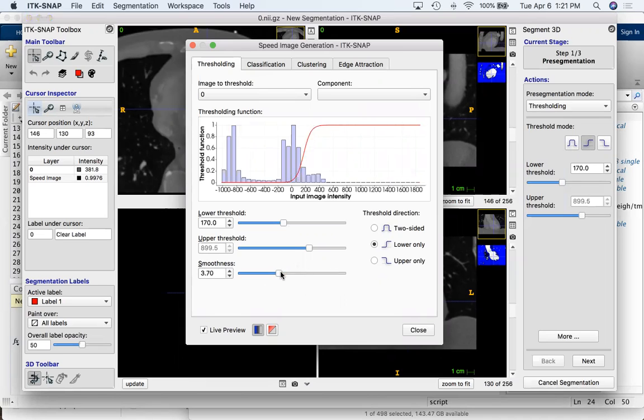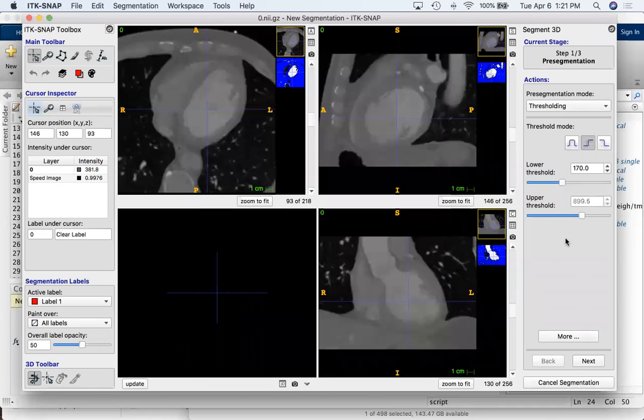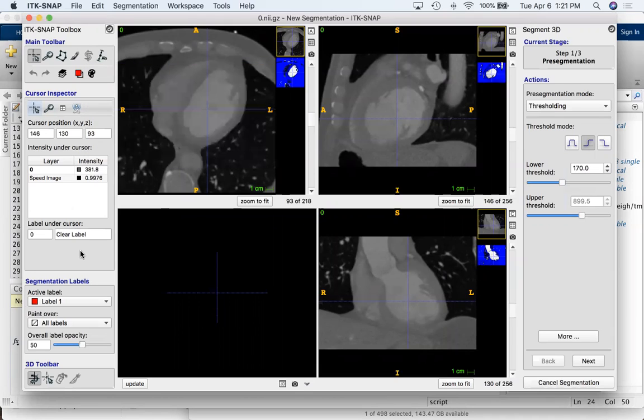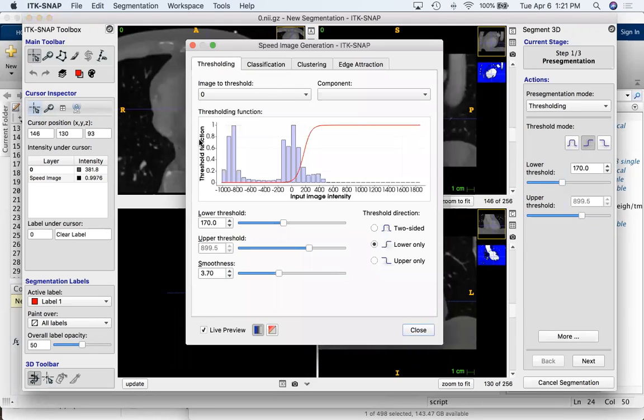Sorry. So when I'm in the snake, pop out on the left, right? And then you go segment 3D. It's a button down here somewhere. Okay, now I'm there. Perfect. And now you set the threshold. We can type in your threshold here, but you hit more and it brings a more,